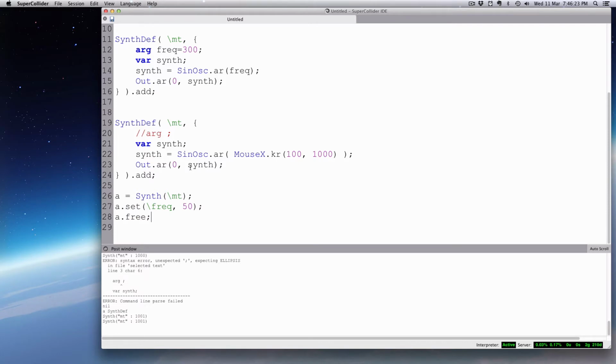Now, how are we going to use our args? Well, one thing we can assign to our args is this low and high range. We don't want to be stuck from 100 to 1,000. We can change it on the fly. So why don't we say freq low? Actually, I'm going to get super fancy here and do something based on pitch, and then introduce it to frequency. So if we want to use MIDI pitches, so MIDI is this